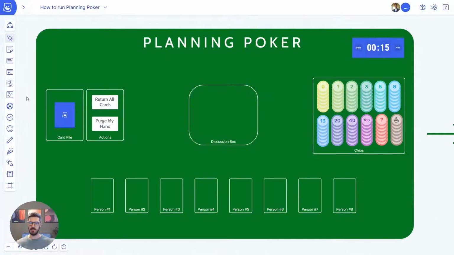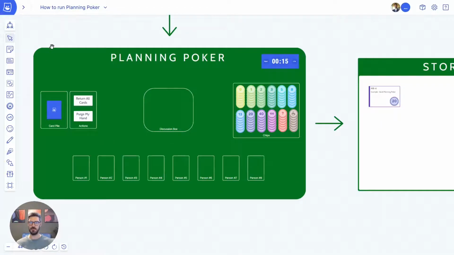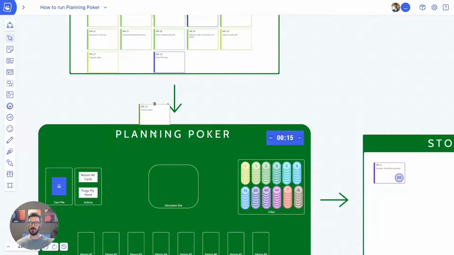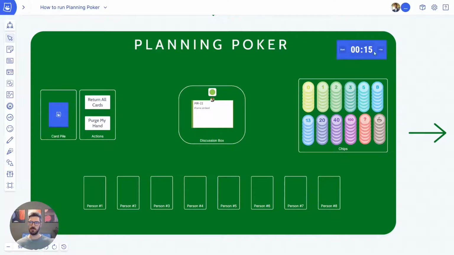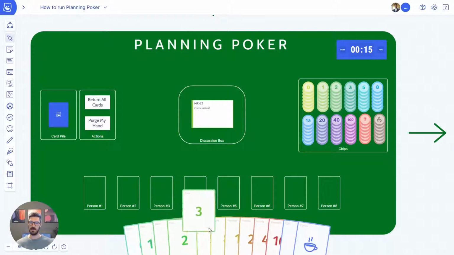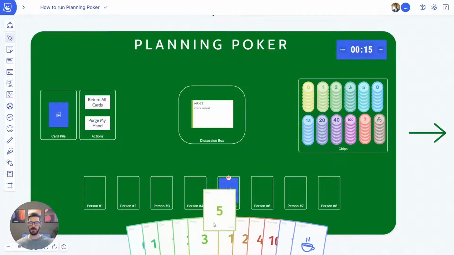In order to run the planning poker session, take a story from the stories in section and move it into the discussion box. You can set an optional timer for the discussion of this item and have everyone pick up the cards by clicking once on the card pile. This gives them the hand of cards at the bottom of the screen with which they use to play their estimates. So discuss the item, and then everyone plays their estimate from their hand and the cards are played face